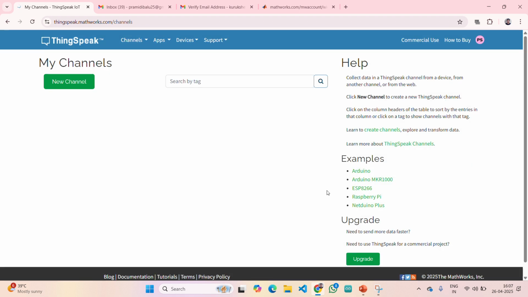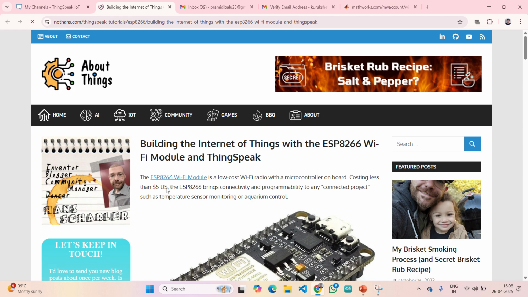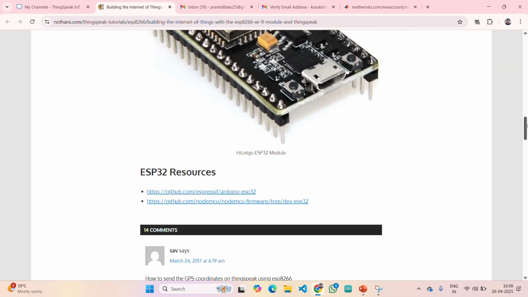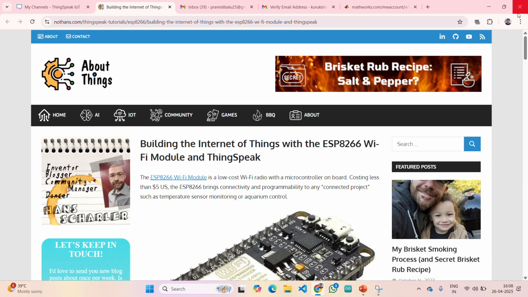Then click on OK. From here you need to create new channels, which we will see in further classes while working with this platform. Here you can see examples: Arduino, MKR 1000, ESP8266, Raspberry Pi. We are going to use ESP8266, so let me click on it.